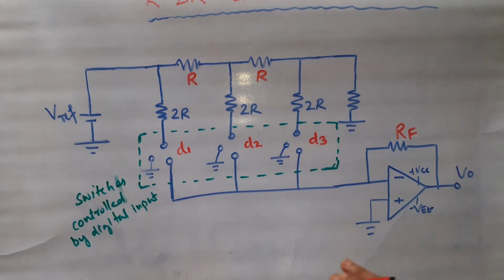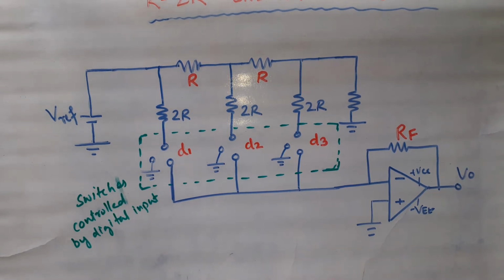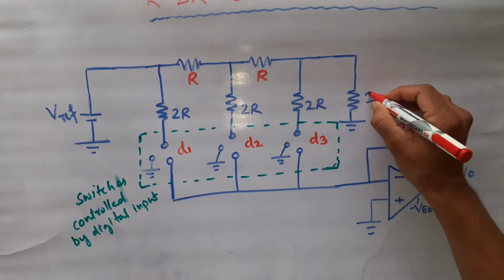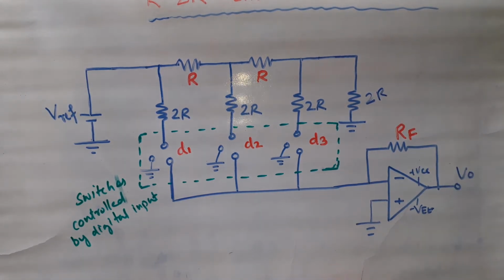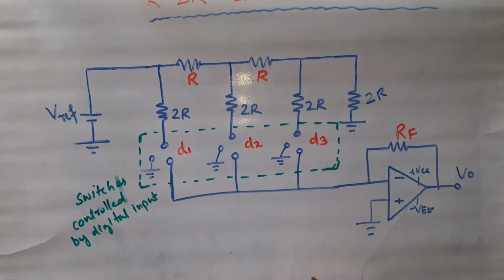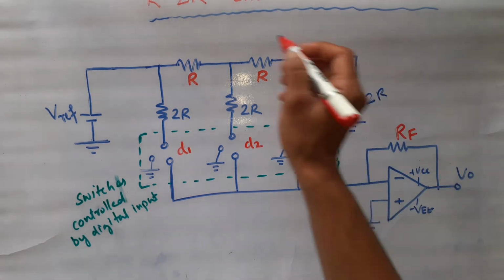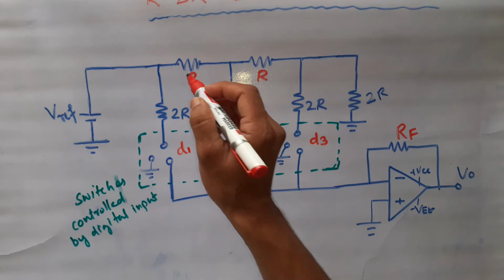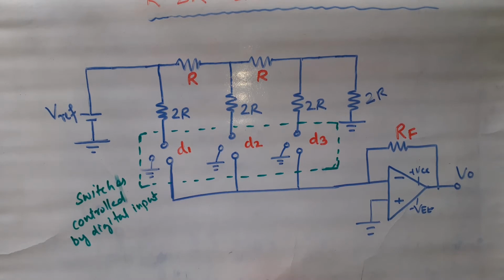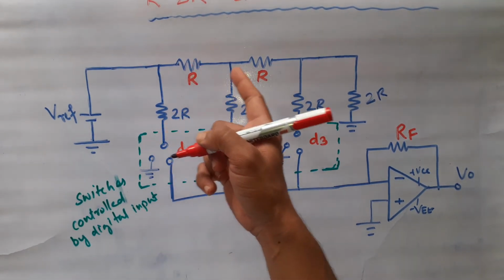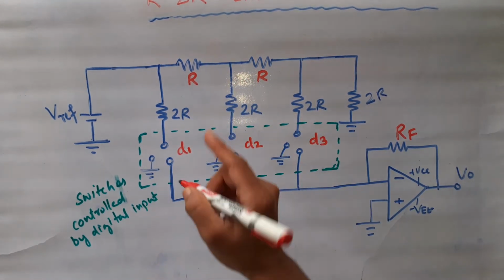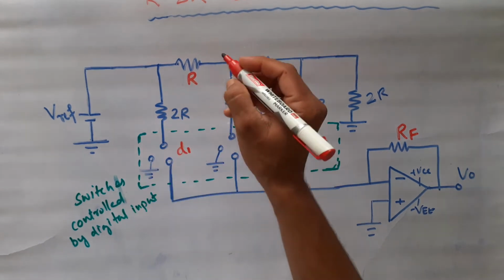Now, what else is remaining? Yes, this is also here 2R. Now I want you to understand and take out the R equivalent of this circuit. How many resistors are there? 1, 2, 3, 4, 5, 6. If I say this resistance is of 5 kilo ohm, and this is 10k, 10k, 10k, 10k. If this is of 5k, this will be of 10k.